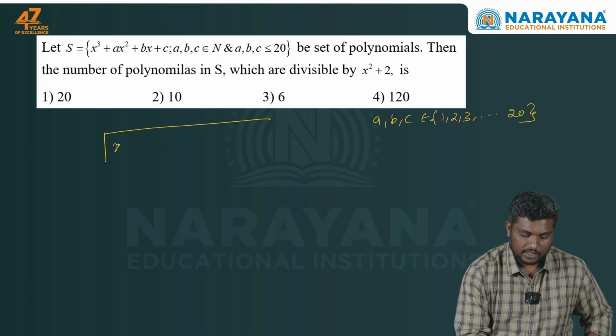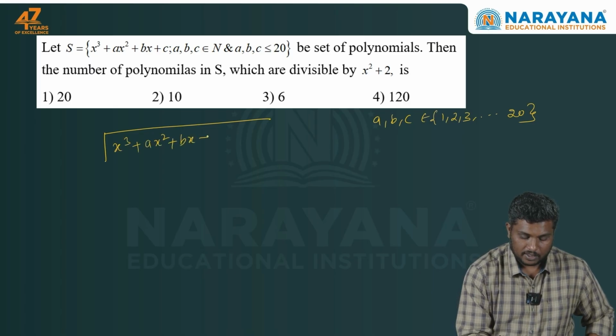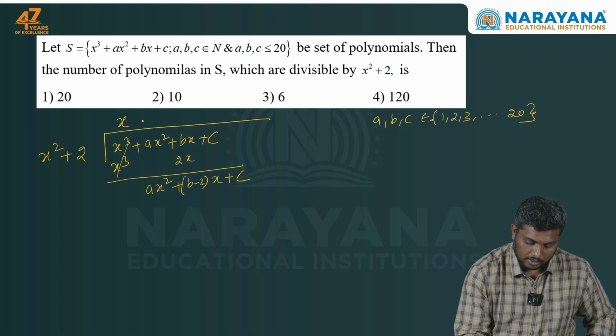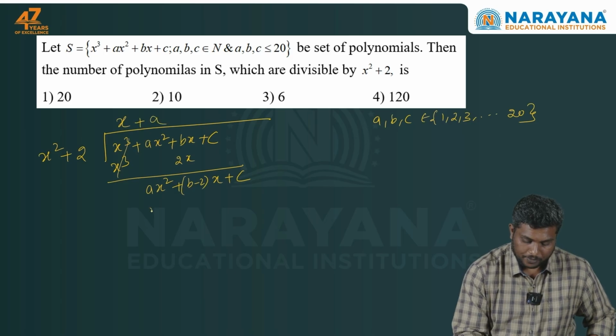Let's divide and see this polynomial x cube plus ax square plus bx plus c by x square plus 2. So if I do the division, x cube and 2x, cancel it out, ax square plus b minus 2 x plus c and plus ax square